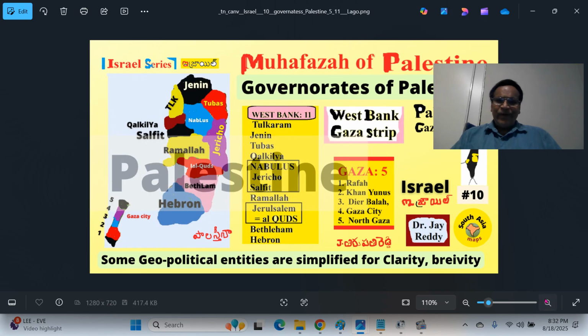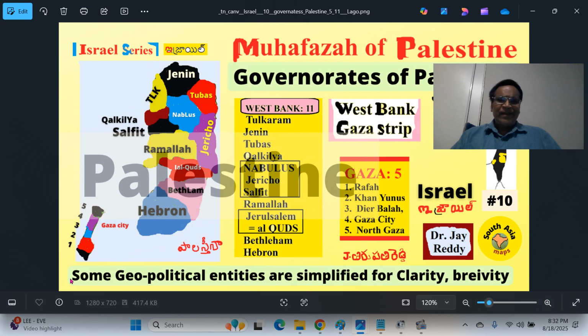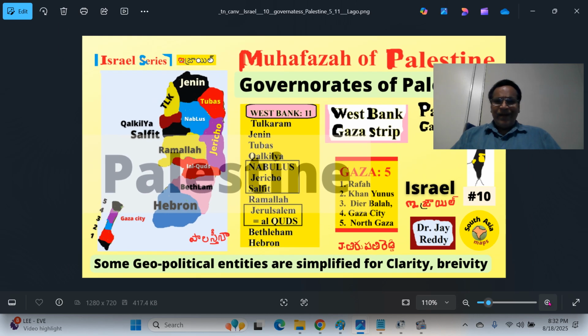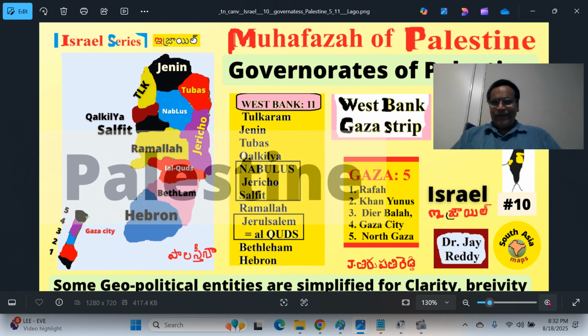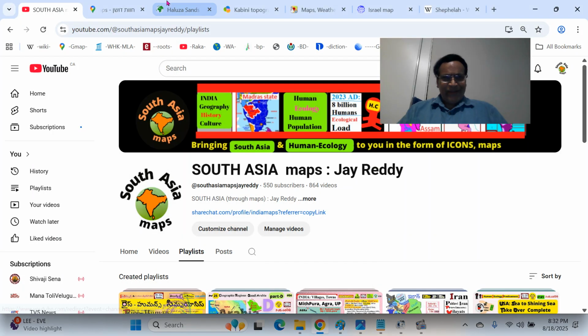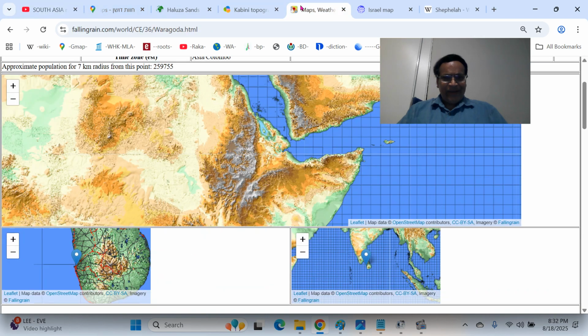And you can easily remember these areas. Rafah is the southern part, and Khan Yunis is the next, and Deir al-Balah is the next one. And Gaza, you are always in the news, the Gaza and the northern part of Gaza. Yeah, we can reconcile these things here very easily.